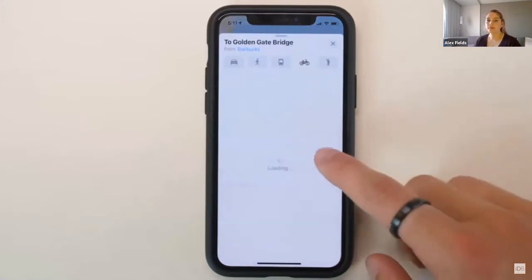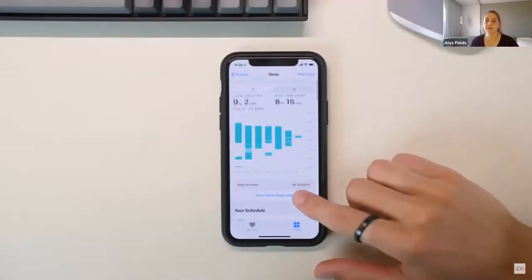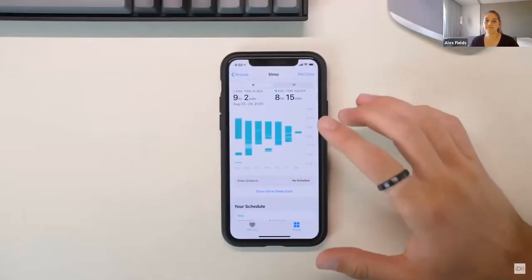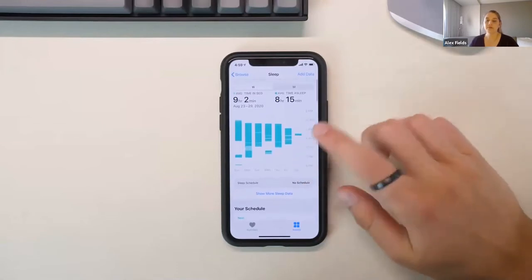So first, let's talk about sleep. In the Health app, you can go into the Sleep tab, and there you can see sleep data. So if you have a health tracker, like I have a Nokia sleep tracker, and it will send the data to the Health